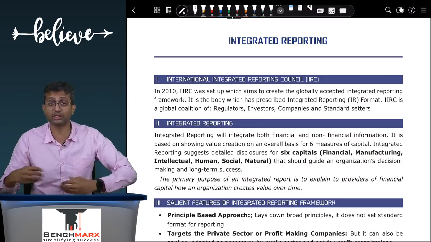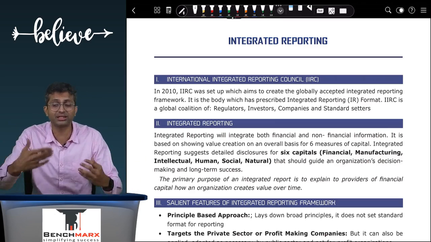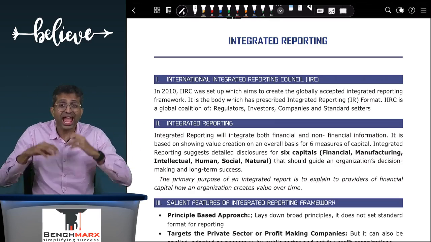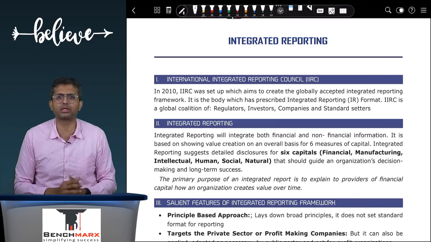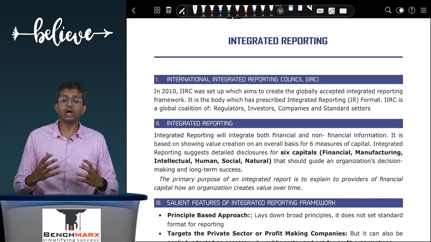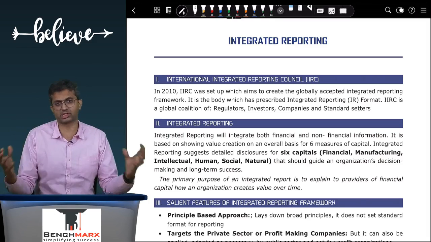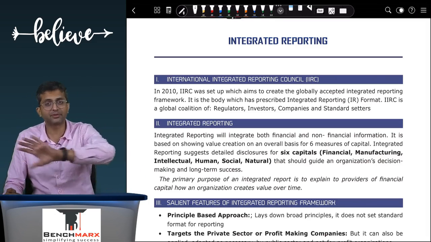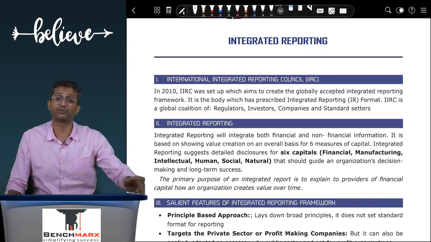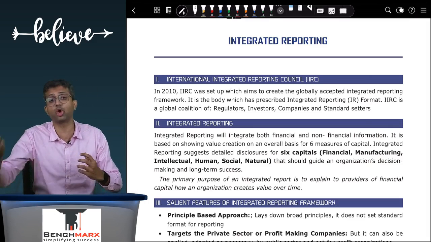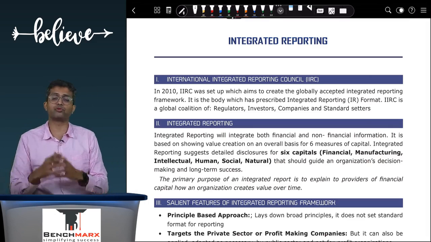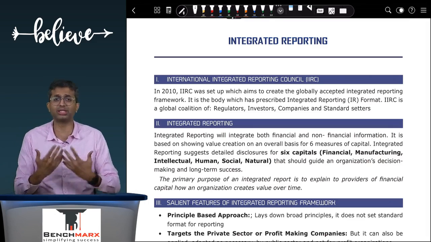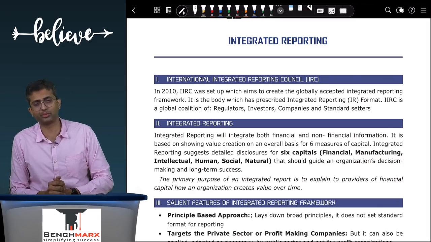But impact can also be created in the form of getting some really good patents and doing intellectual innovation, doing human resource development, helping natural or environmental causes, society, output. A lot of factors contribute to value creation, a lot of non-financial factors as well. So we're not saying forget what we have been studying. No, financial performance will be depicted, but along with that, non-financial performance should also be depicted. This is what sits at the heart, and we strongly believe that this is the future of financial reporting.